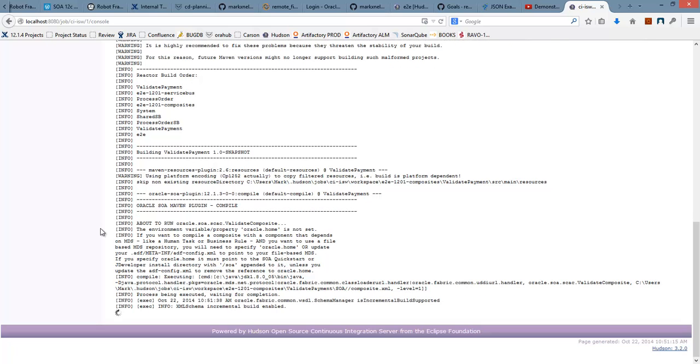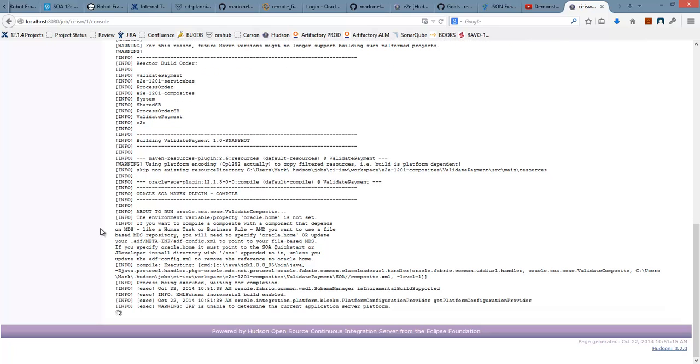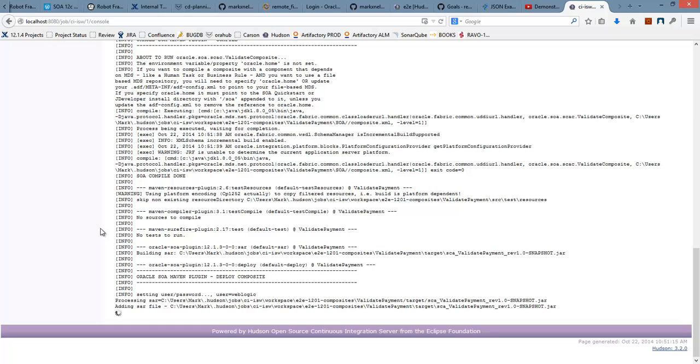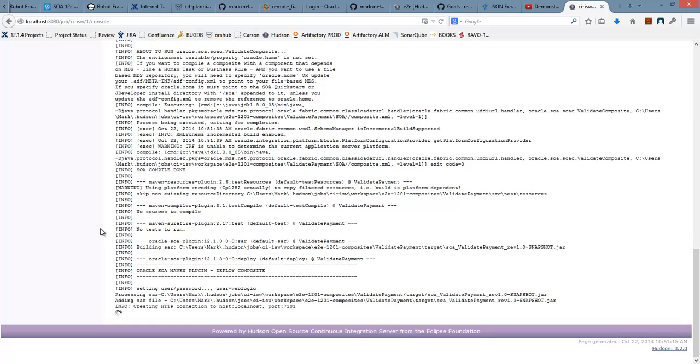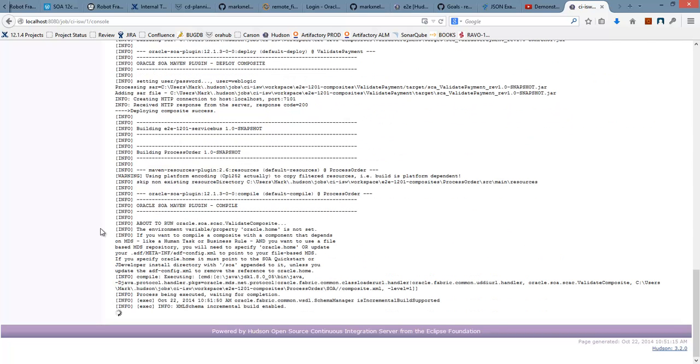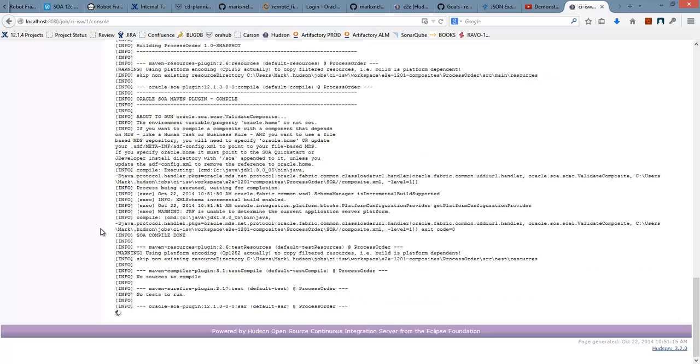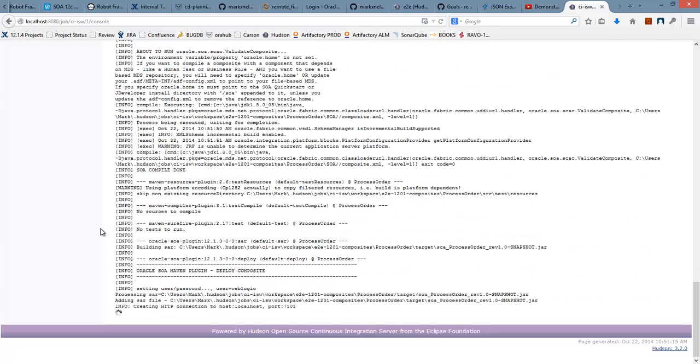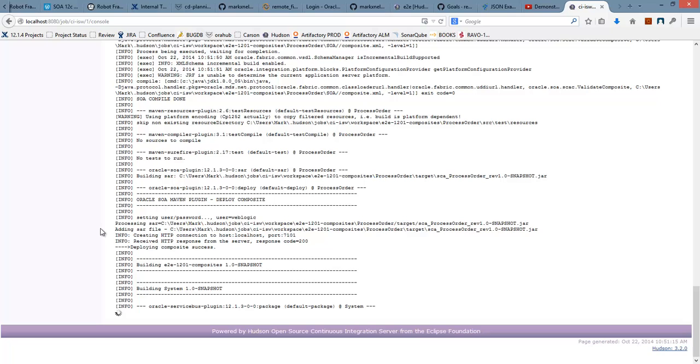Okay, so it's starting off with a composite called validate payment. It's compiled that, created a SAR file, and deploying that to our test server. Moving on to a composite now called process order, and building and deploying that. Now it's moved on to the service bus components,